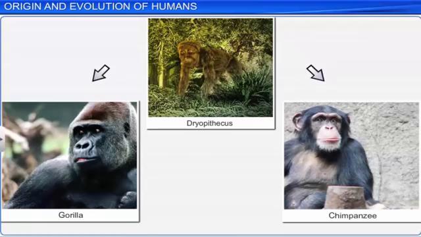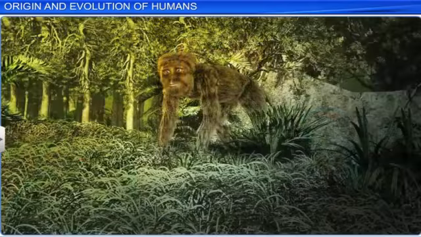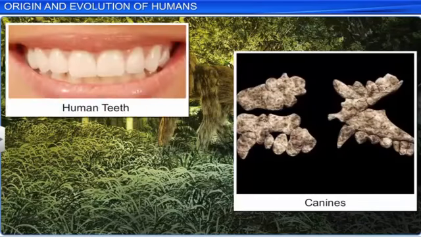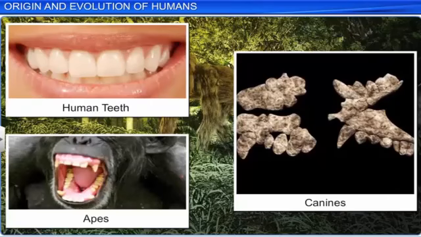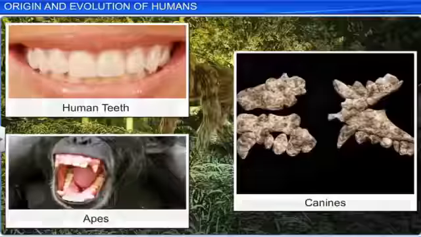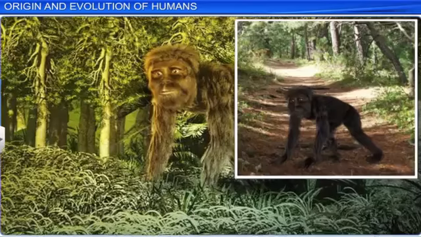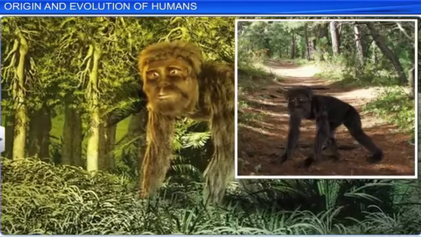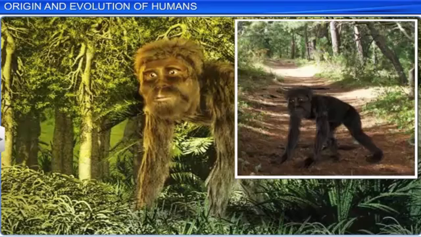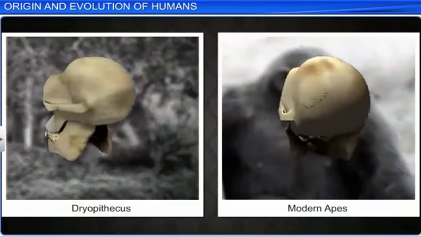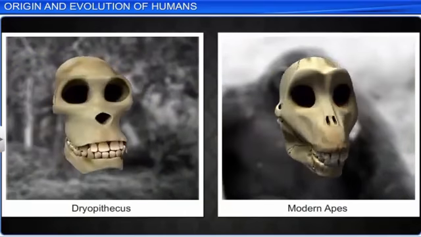However, it lacked most of the specialized features found in present-day human beings and apes. For example, the canines of Dryopithecus were larger than those of human beings, but they were not as strongly developed as those of the apes today. The structure of its limbs suggests that it walked like the chimpanzee, but used the palm of its hands to walk and did not use the support of its knuckles. Moreover, the skull of Dryopithecus did not have the well-developed crests and massive brow ridges as found in the skulls of modern apes.